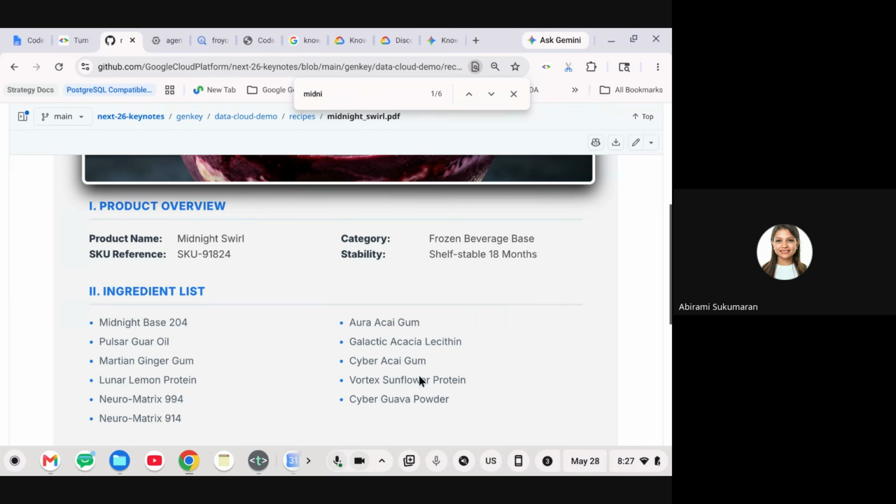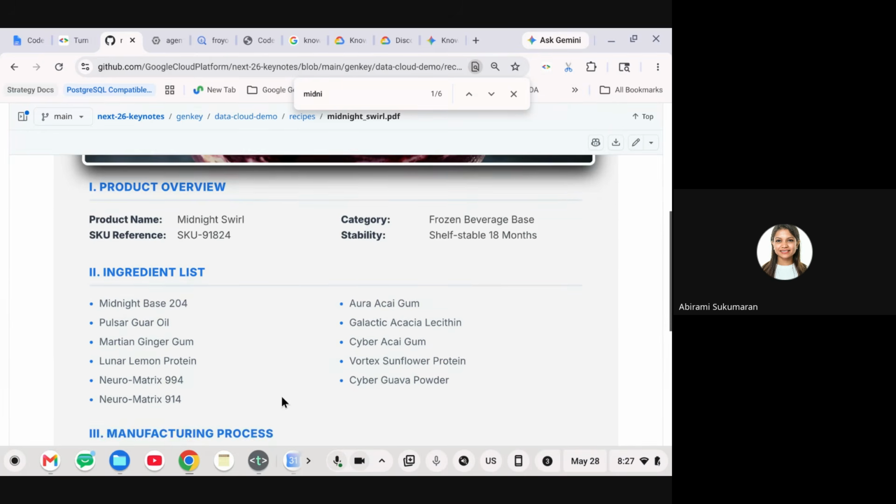But at least the other things like Votic sunflower protein, guava powder, lecithin, these all look like direct ingredients. Whereas Midnight Base 204 or Neuromatrix 994, these don't sound like ingredients. These sound like products that are made with other ingredients, which feel like they do have a supplier manual which you need to look at.